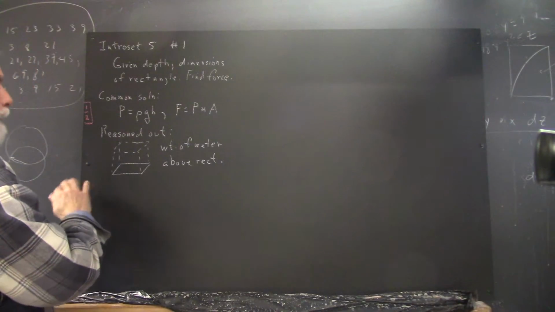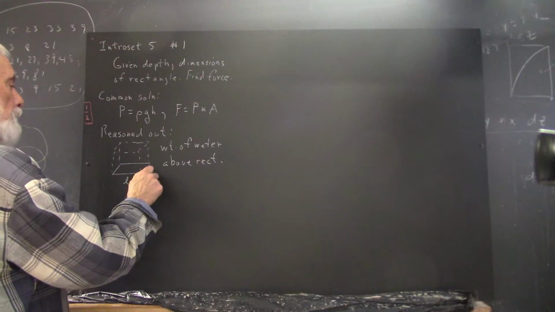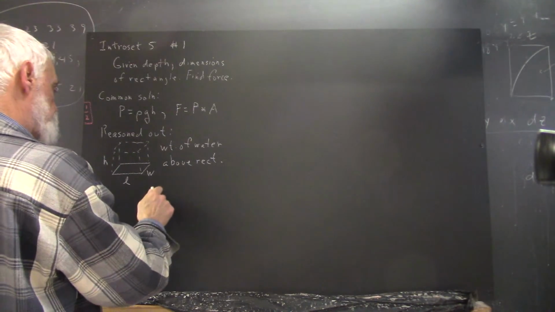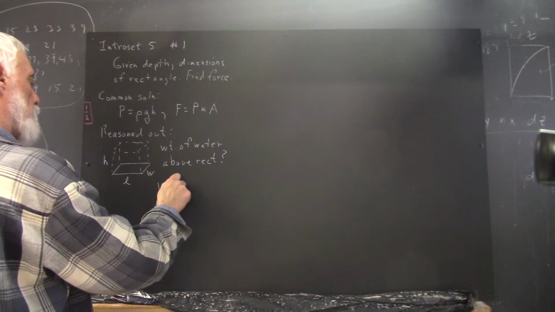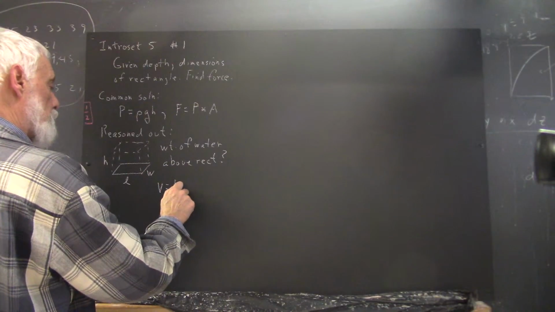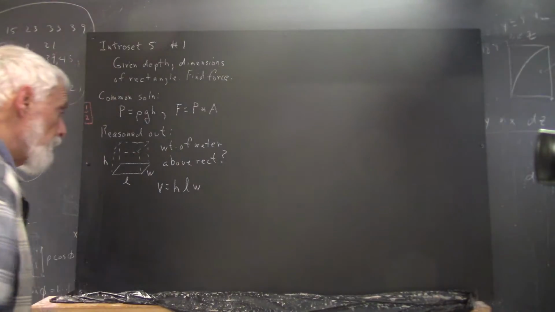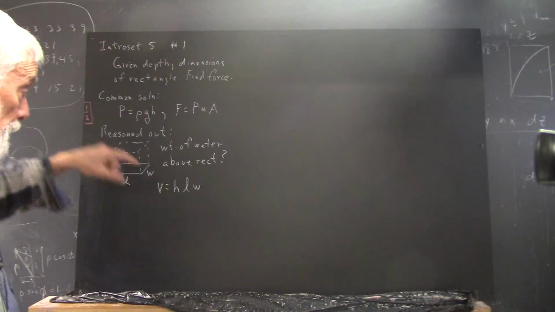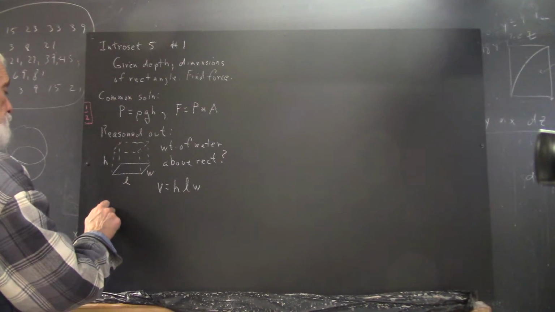If the dimensions of the rectangle are length times width times height, the volume is, well, I've got a script L, so I'm going to use H, and then times L times W. Okay, L times W can be regarded as the area of the base. We multiply that by the altitude, we get the volume. So that the mass